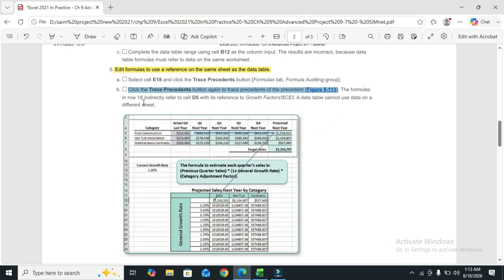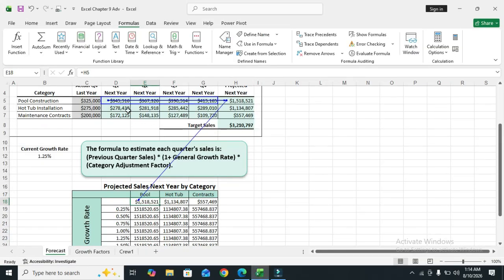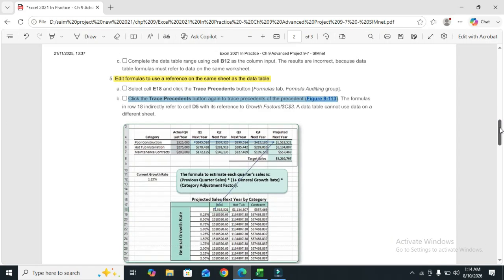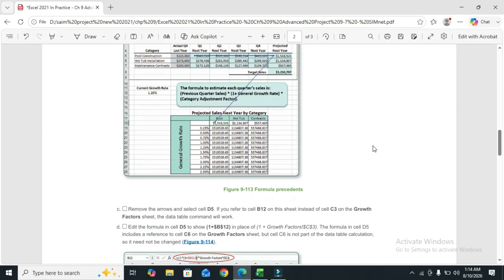The formulas in row 18 indirectly refer to cell B12 with its reference to growth factors. Our data table cannot use data on a different sheet. So part B is also done, so we move to part C.